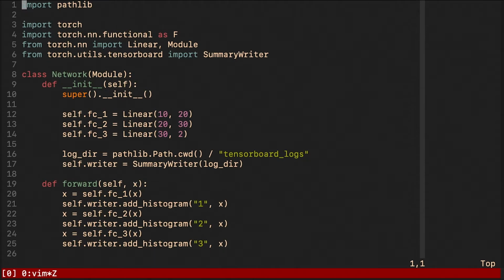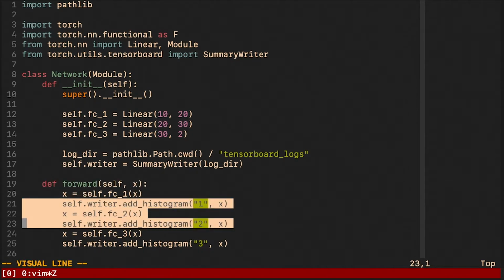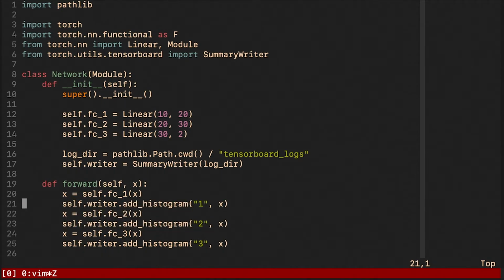So the main reason why this solution is not that great is because of the forward method and how it looks like. So first of all, one right away sees that we call the add histogram method 3 times, which is very redundant, and one should probably refactor it. And second of all, the forward method should arguably only contain code related to the forward pass, and any debugging, visualization, or logging functionality can be there. However, chances are it's only going to be temporary, and it's very likely that you don't want to keep it there if you deploy the model in production.